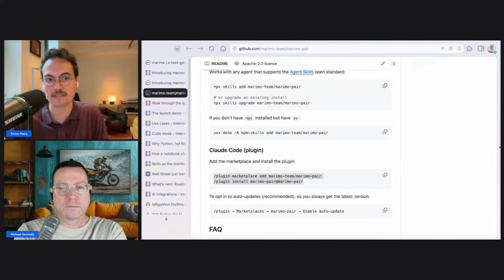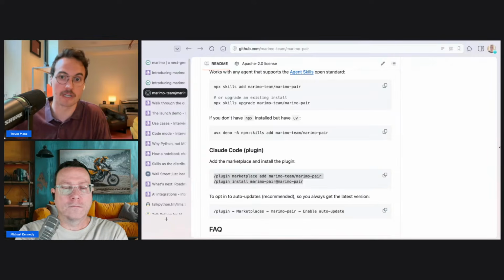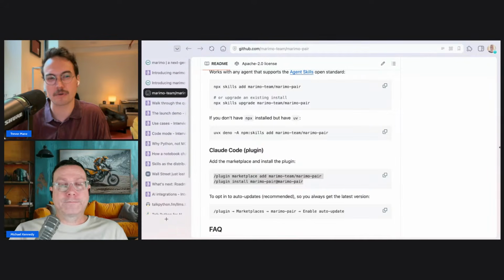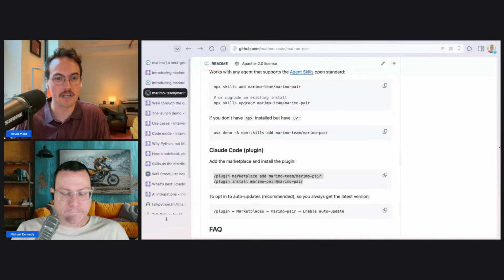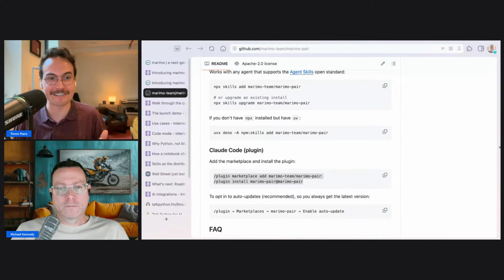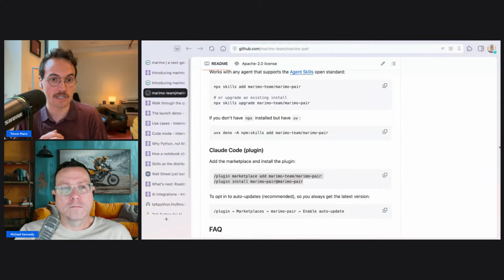The npx skills is a command line tool, a package on the npm registry, that installs skills on your system and has a little CLI walkthrough where you can pick multiple agents, like if you use Codex or Claude Code or maybe Open Code, and it will install them to universal directories for those things. So if you like to play with a lot of different agent harnesses, I'd probably recommend using npx or UVX Dino.